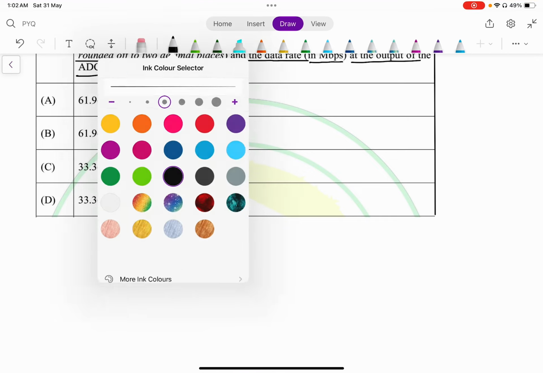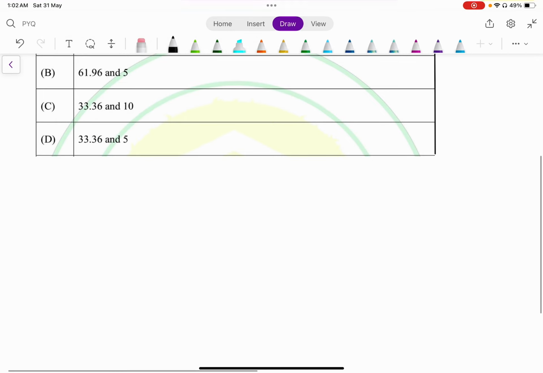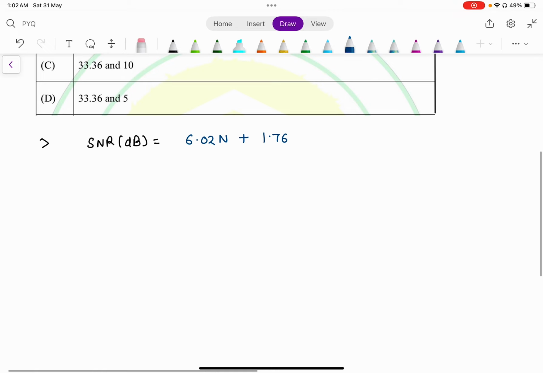Before going to the question solution, there are some prerequisite formulas you should be aware of. So the first one is SNR in dB, which is equal to 6.02 n plus 1.76, where n is equal to the number of bits,